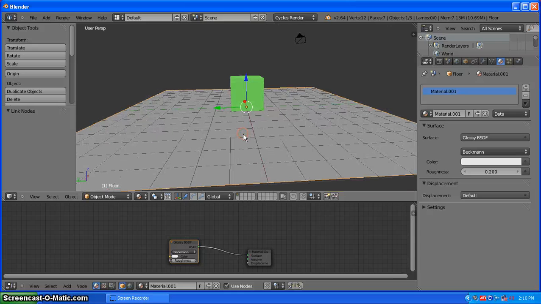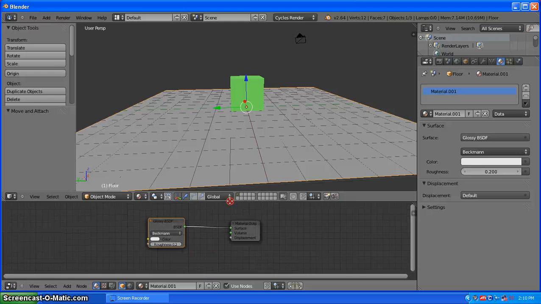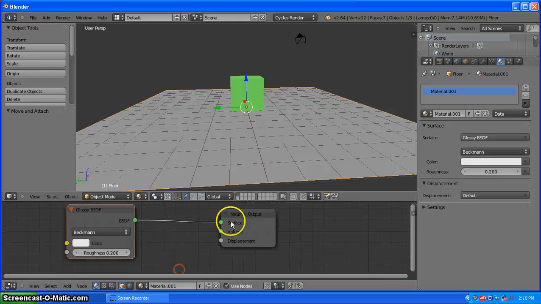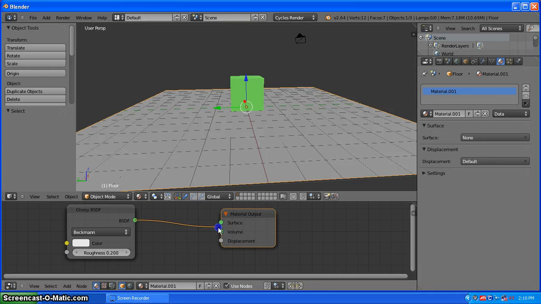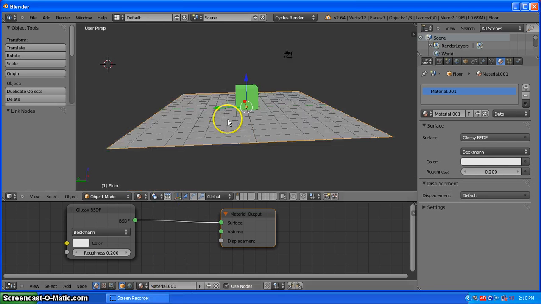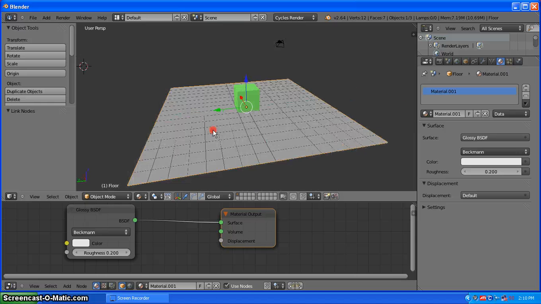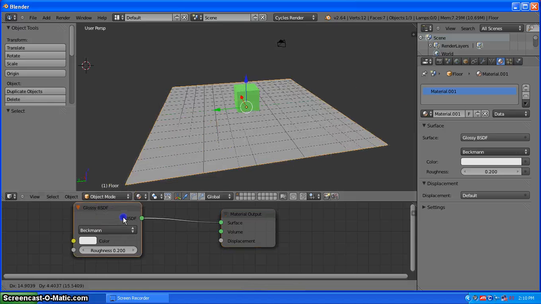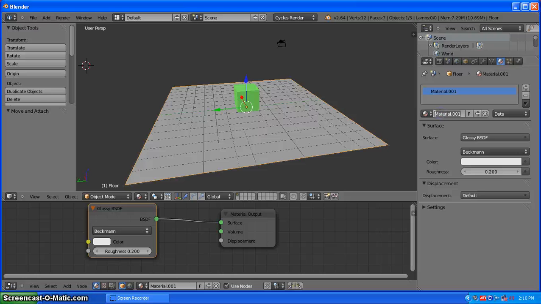See, it obviously doesn't look glossy, but over here on your material output, you've got three things. You've got surface, volume, and displacement. I'll almost always use surface, maybe displacement when we're doing things like bump mapping, but that's for later. Like I said, I like to keep things short, so I might just end it here with a simple render. So the only other thing we need to do is name our material